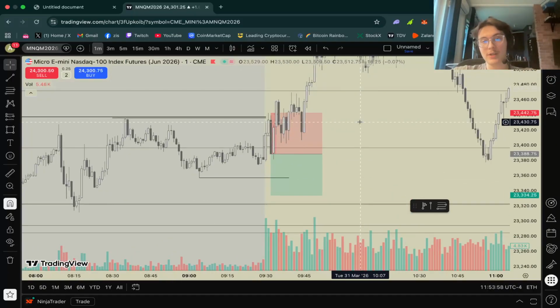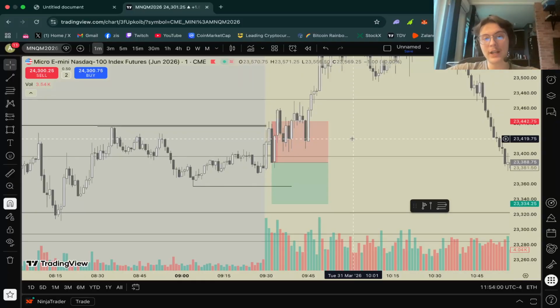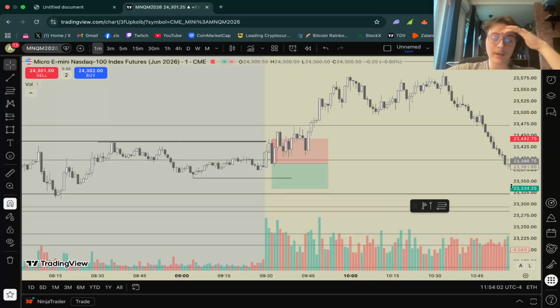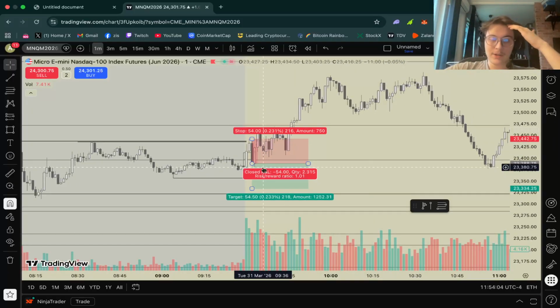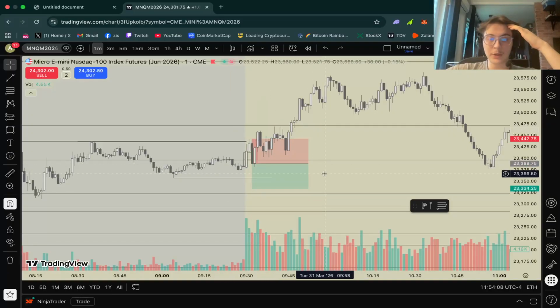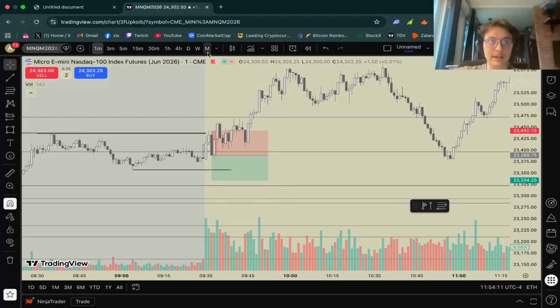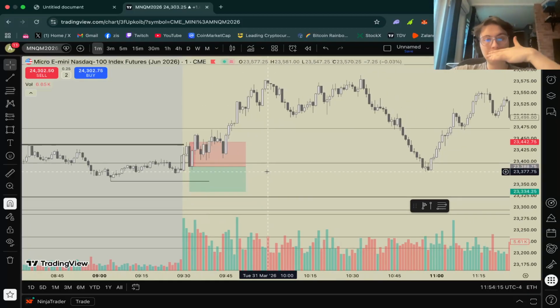Yeah, I don't know. I think this was genuinely a good setup, right? And it was just a losing day. I know some people took this exact short and also lost. So I think in general the setup was there. And yeah, just a bad trade. Not a good trade, bad price action, I guess.